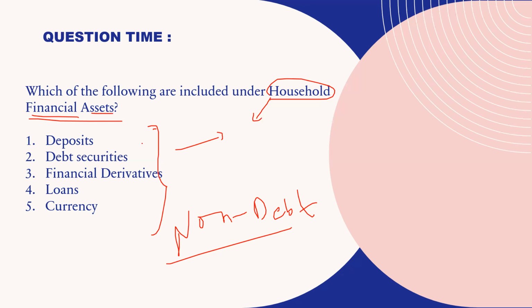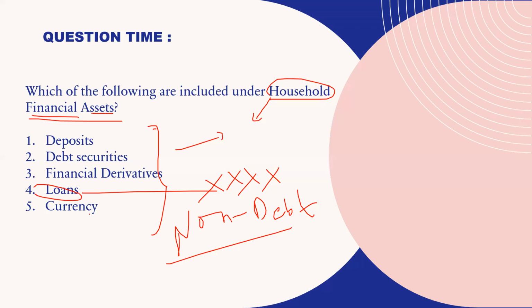See, first of all, very simple. Can I include loans in assets of households? It's very simple to eliminate, right? So definitely no. Loans are not part of assets. When I say net financial assets of households, then yes, in the calculation loans will be included. But here I'm not saying anything. I just asked you household financial assets. In household financial assets, loans will not be there.